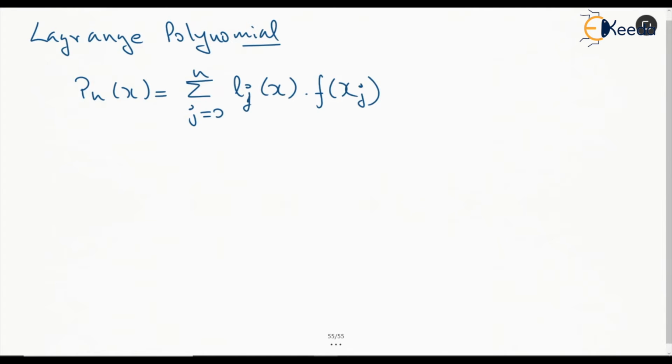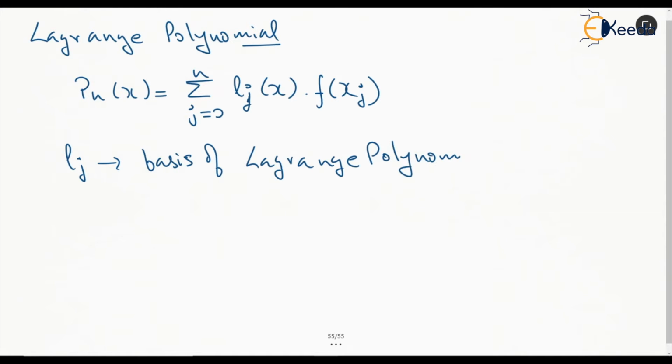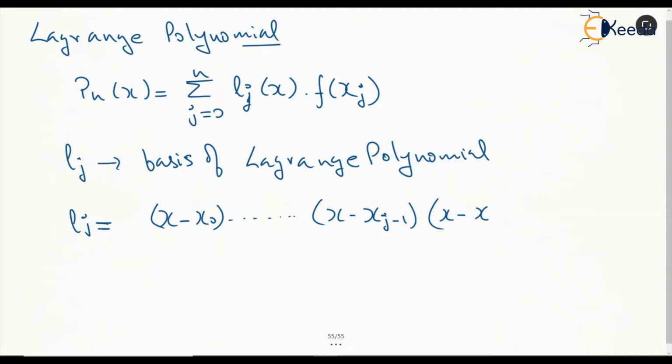Where Lj is actually the basis of the Lagrange polynomial, and it is given by Lj is equal to the product of x minus x0 up to x minus x(j minus 1), and after that leaving the j term, x minus x(j plus 1) up to x minus xn, that is the last term, divided by